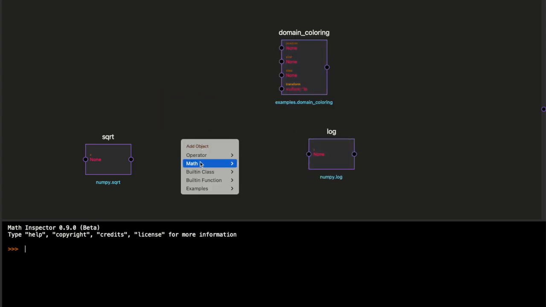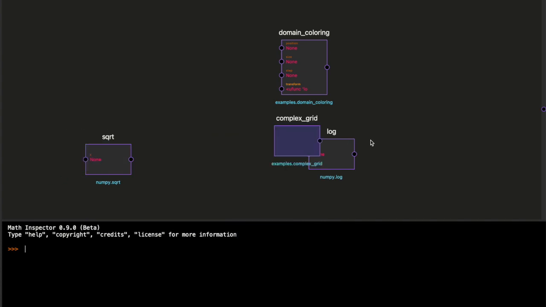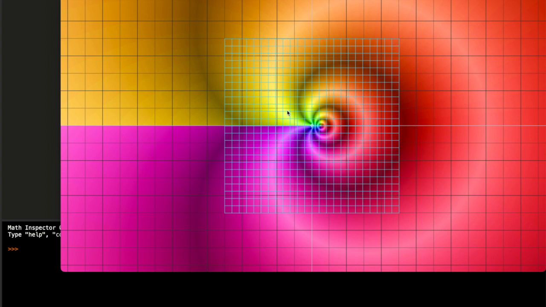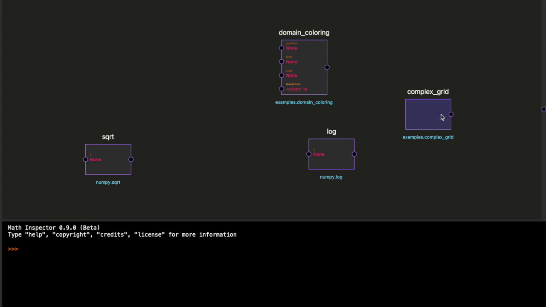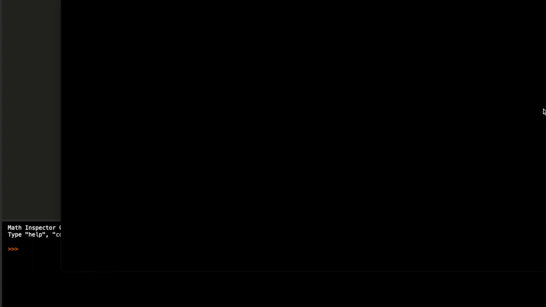In the old alpha version, we also had this complex grid. So I'm just pulling up the complex grid. Let's go ahead and take a look at what a complex grid looks like. So you see it's actually overlaying the complex grid right on top of the log function, which is still being plotted. That's cool, but wouldn't it be cool to actually show what the complex grid looks like going through the logarithm? So now,